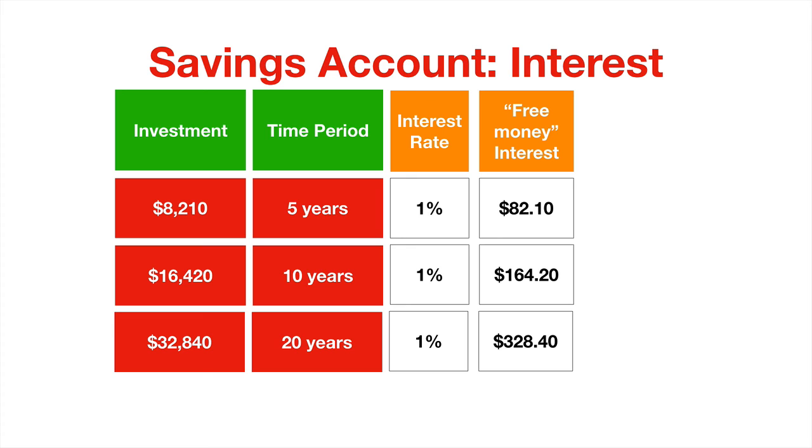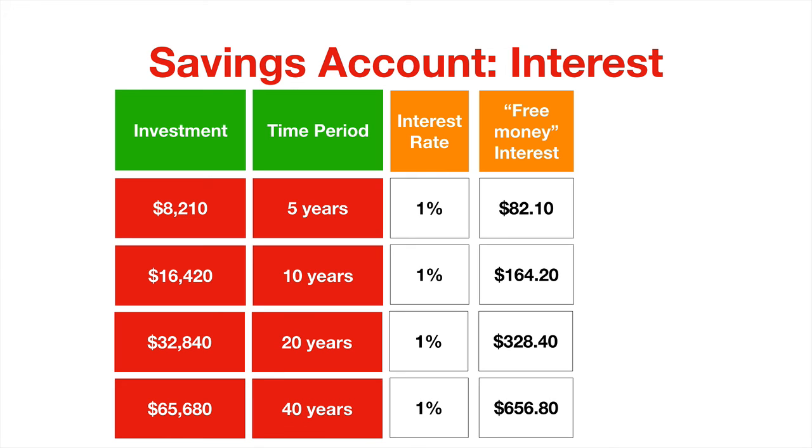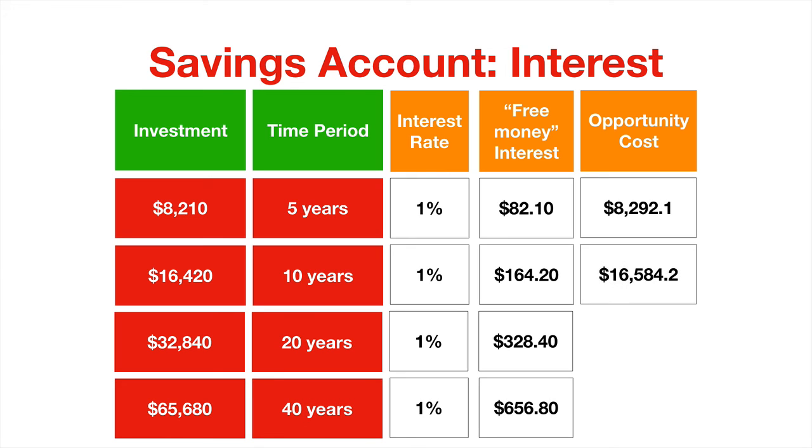So even though it might not seem like $4 one day is a lot of money, that adds up over 20 years. And you could be saving a lot more money if you're not going out to eat all the time. And over 40 years as well, you can see $65,000 saved. And here's our opportunity costs. Basically, you're adding up the investment plus the amount of money that you could have made, and that's your opportunity cost. That's the amount you're losing by going to the bodega every day.